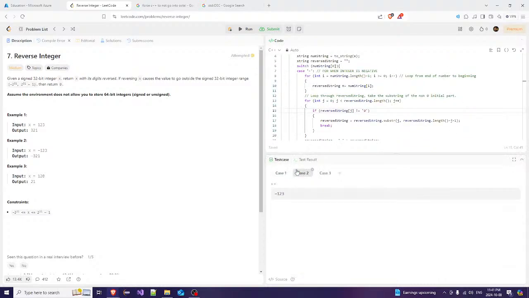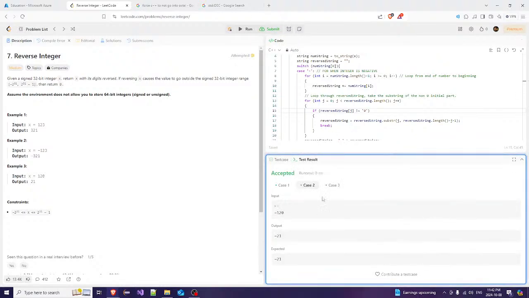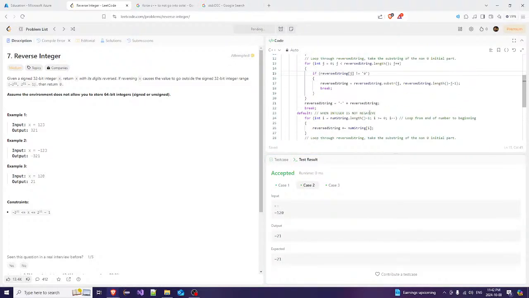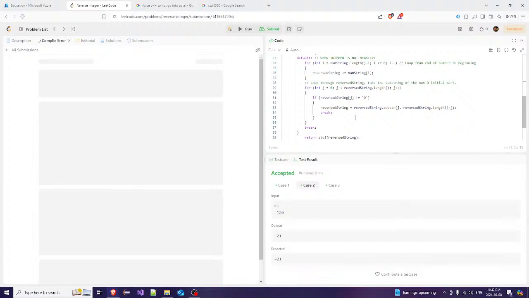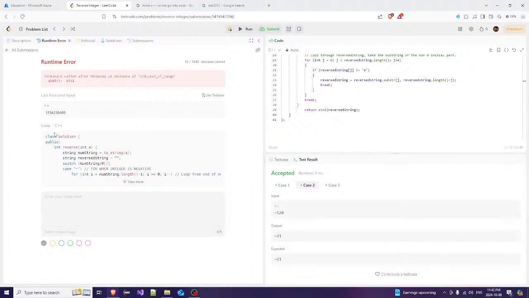Now, let's make another test case. What if it's minus 120, so it's gonna be minus 0, blah. Alright, let me try that. Okay, we got it. The thing is only out of range. Okay, that was what I was expecting, in the sense that